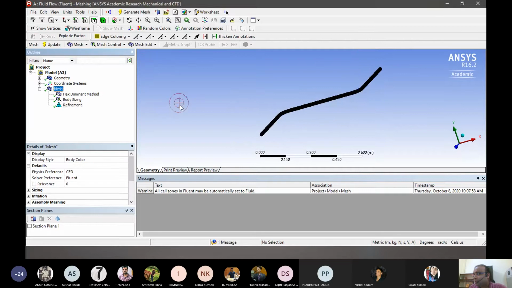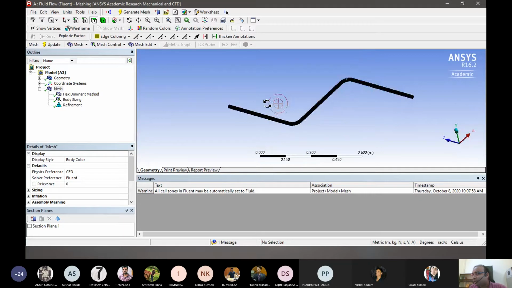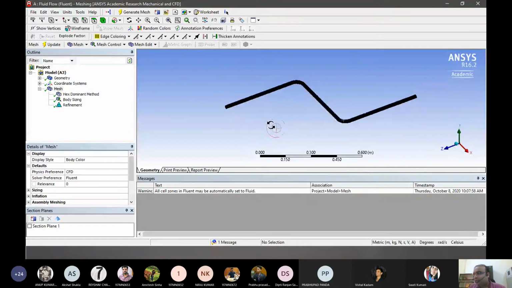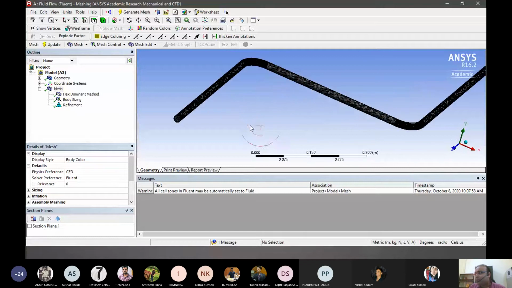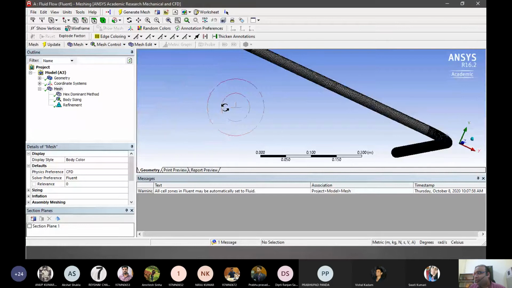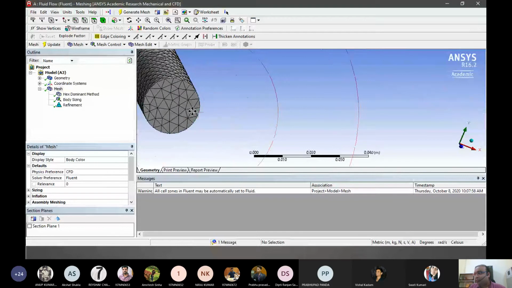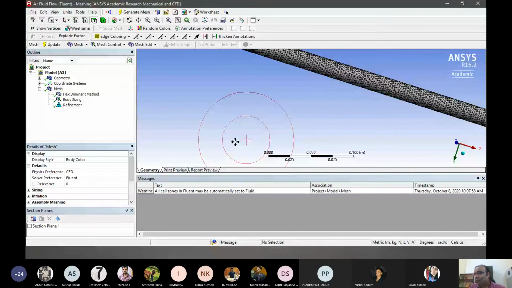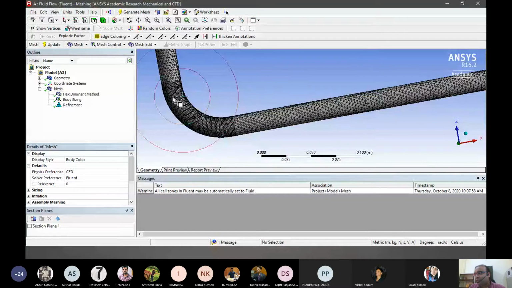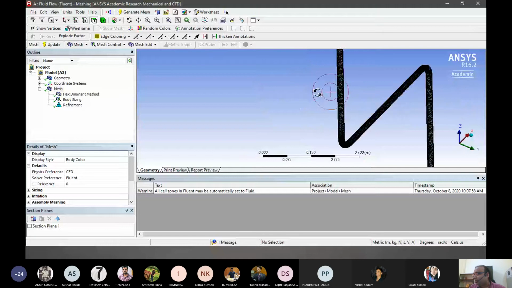If we want to see how it looks, now it has converted into all tetrahedrons, keeping the center point as a mesh node point. The advantage of keeping a center point as the node point is that if we take cross sections, many of these things in two-dimensional can be converted easily. So that's the advantage of keeping the node at the center. Now you see the bends have also been better refined, and the meshing is being densified. So that helps.